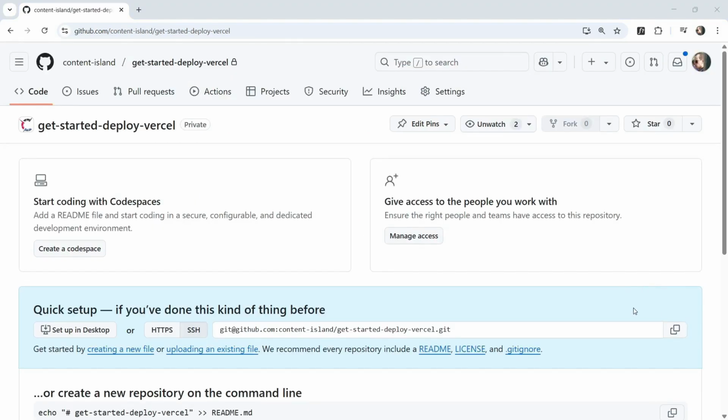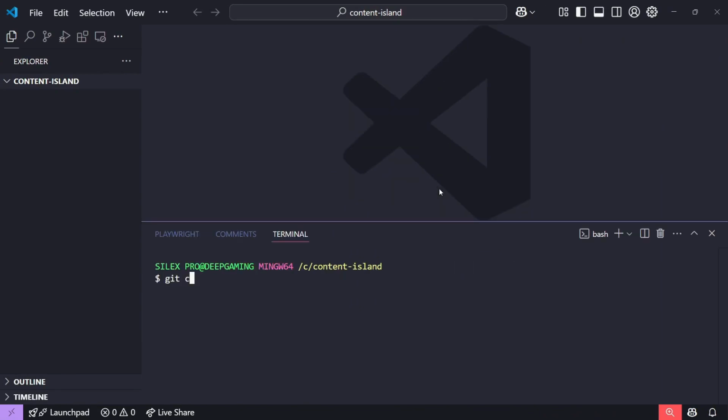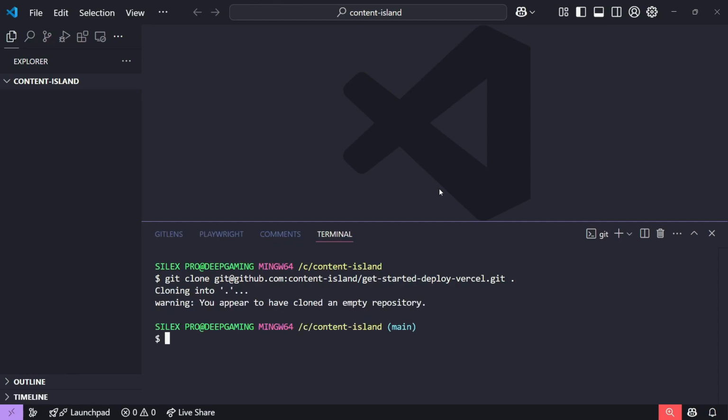We copy the URL of the repository we just created and clone it to our computer into an empty folder using the following command: git clone, the URL, a space and a period at the end. We add this period at the end so that Git doesn't create an extra folder with the name of the